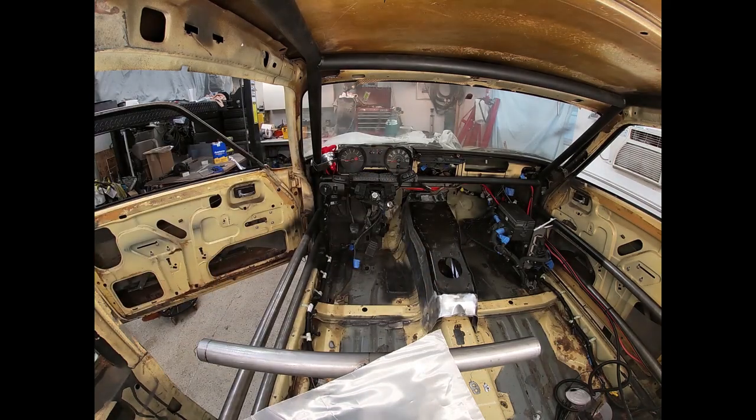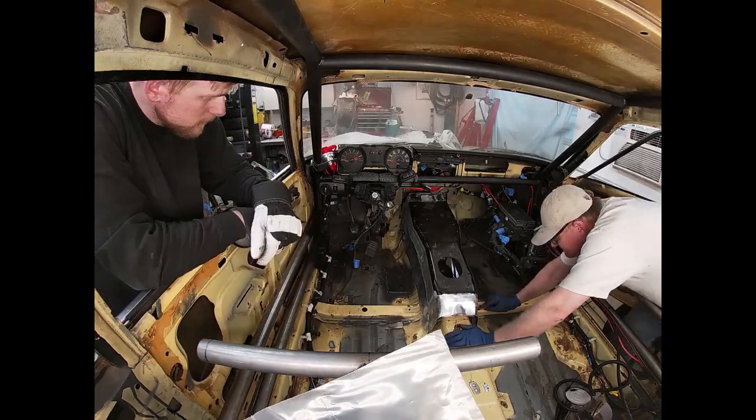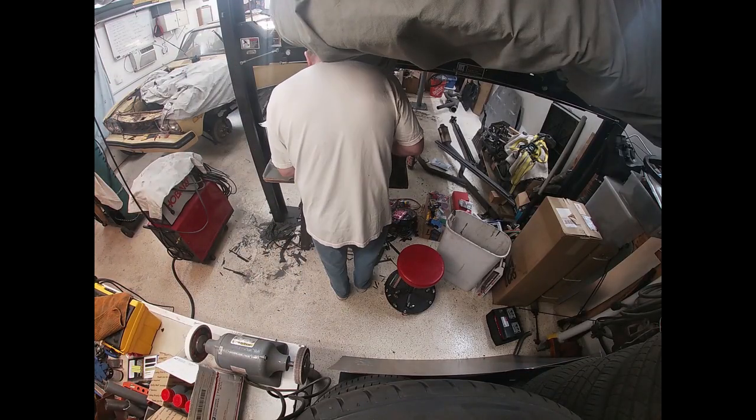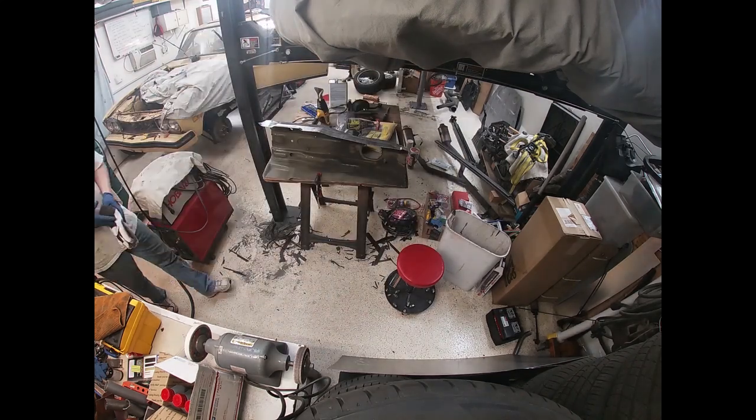Here, though, I'm marking where I've got to clean up the paint on the Capri floor, and I think I've cleaned up the paint. We probably still have a little bit more to do on this